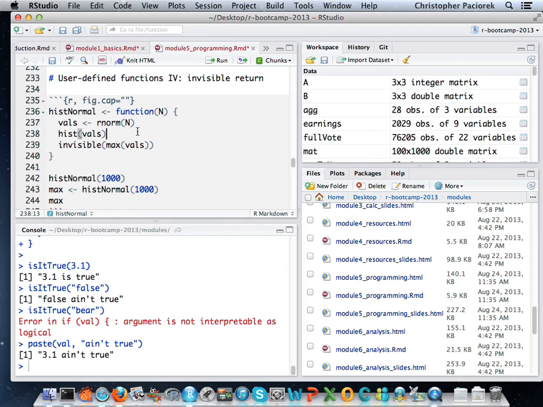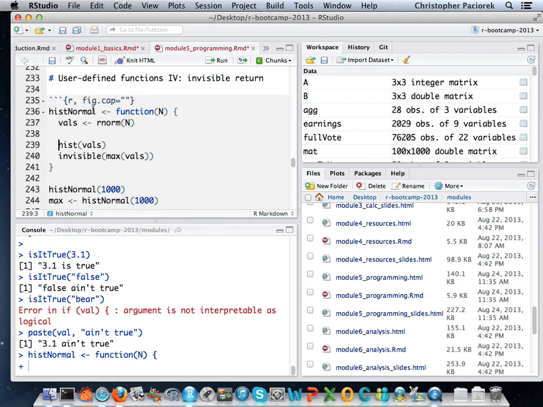We're just going to assume it's a number. If it's a string, it would throw an error. And we're going to generate n random normal values and then plot a histogram of them with the hist function. Okay, but then invisibly, as it were, we're going to return the maximum of that list of n random normal variables that we generated.